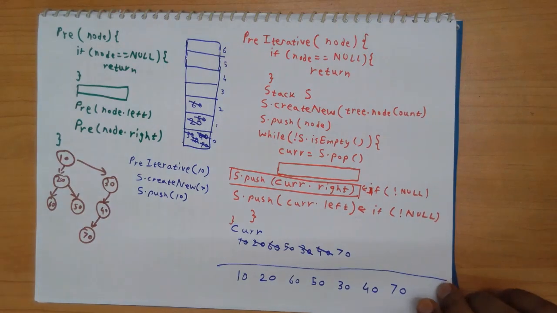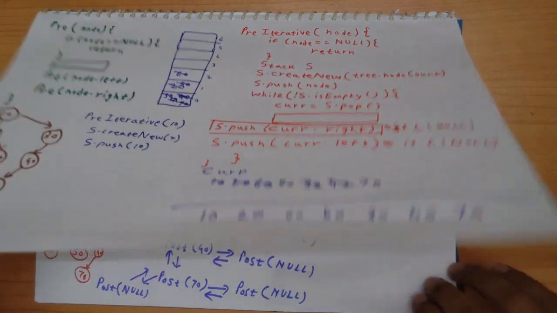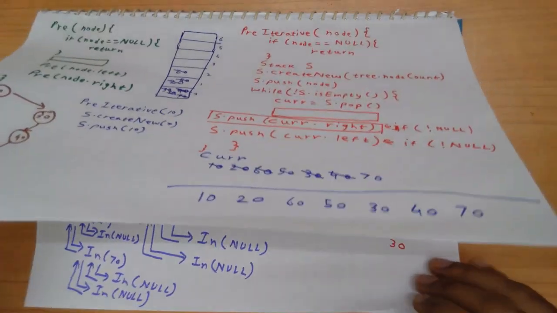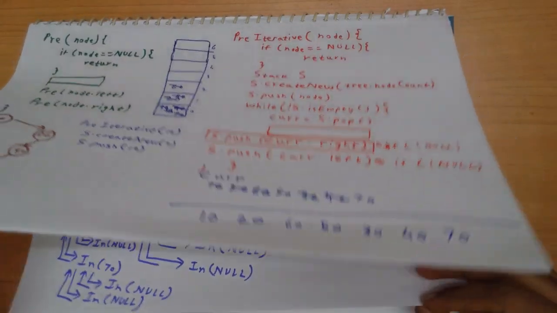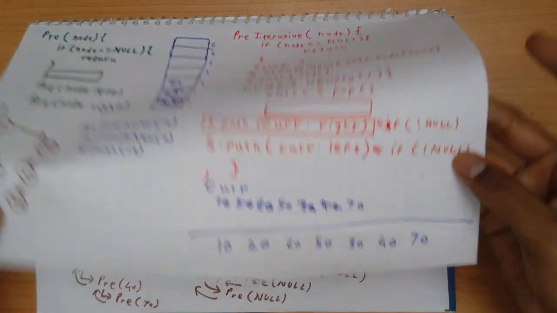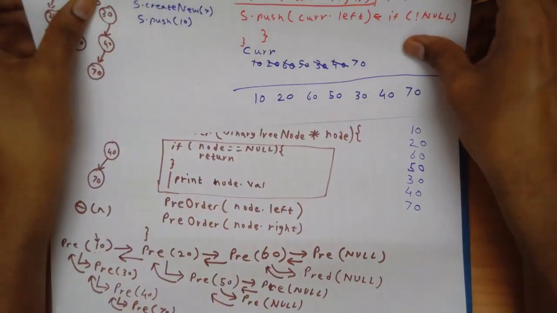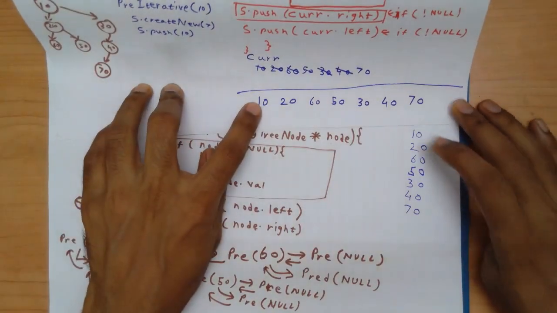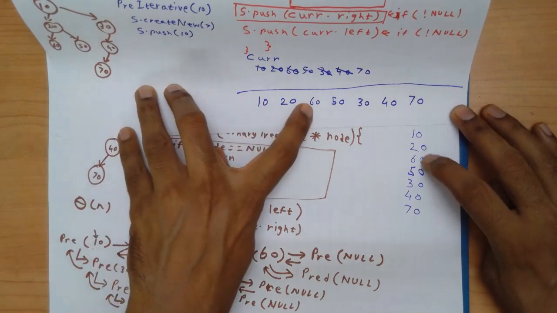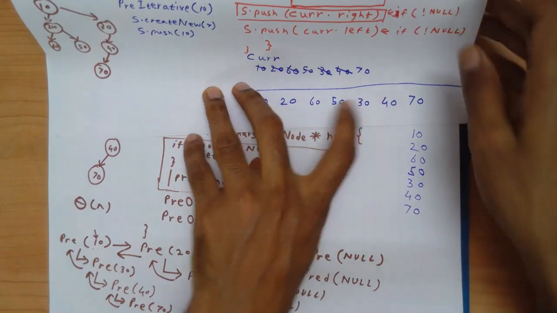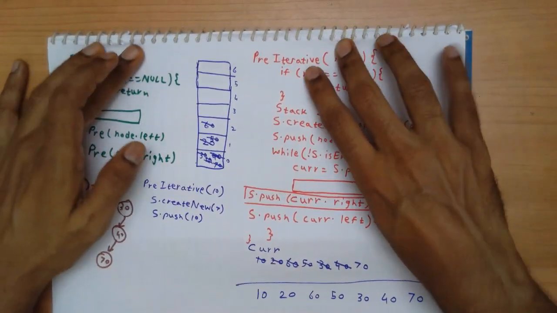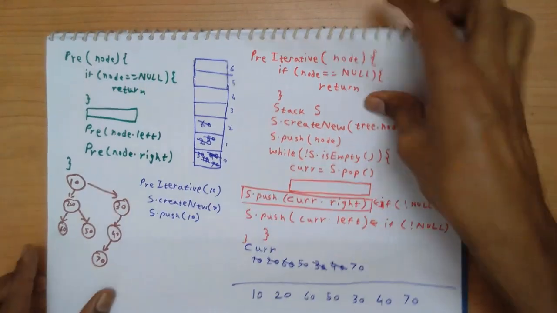And let's compare it against the output that we received for the recursive version of the preorder traversal. This output should be the same. There should be no difference. Okay. So let's compare these two outputs. We have 10, 20, 60, 50, 30, 40, and 70. So we received identical output because it's still the